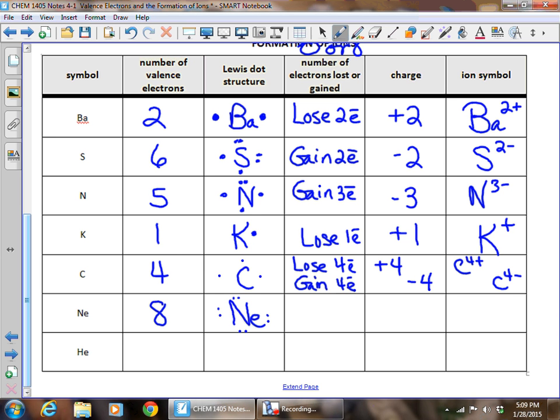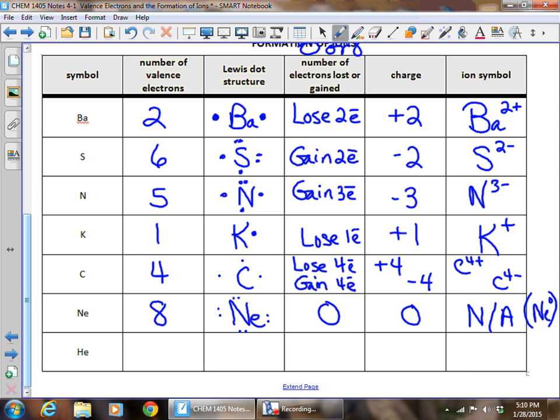Now think about it. Neon could, wait. Does neon want to do anything? No, it does not. Number of electrons lost or gained, it already has 8. It's not going to do anything. It's not going to form a charge, and therefore it's not going to have an ion symbol. It's not applicable. Some people put Ne0. I'll put that in parentheses over here,